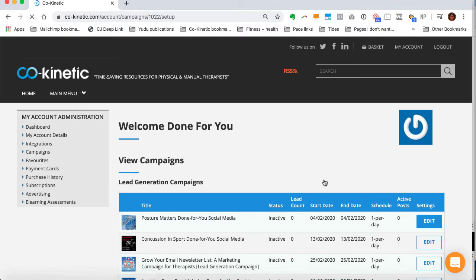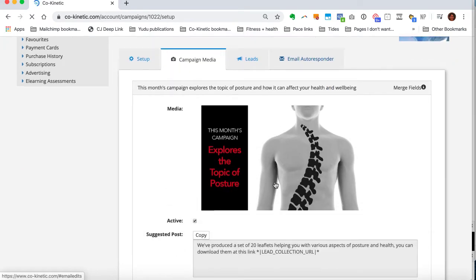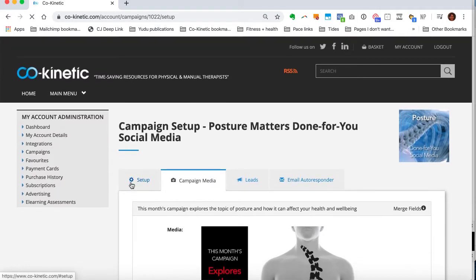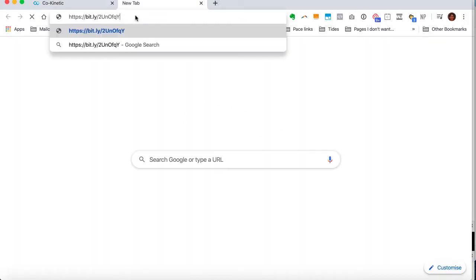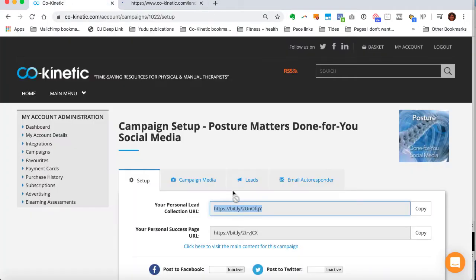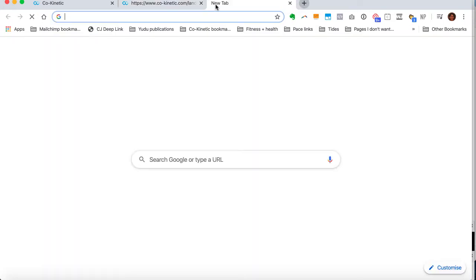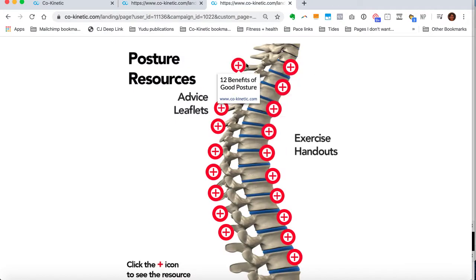So as you will know, if you have the social media subscription, then we create content for you, social media posts, which link back to a lead collection form. Let me just show you what that is. So that's your personal lead collection URL here, and they would lead to a lead collection form. And let me just grab this link also while we're at it. So that would be the lead collection form. So that's where your social media post would link to. And once they fill out those details on that form, they would get delivered to this page where they can